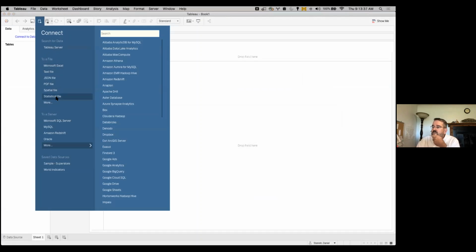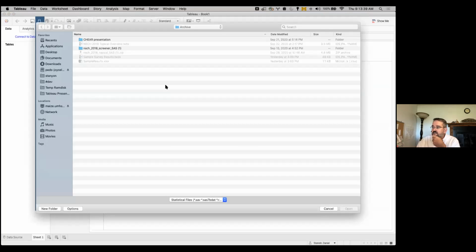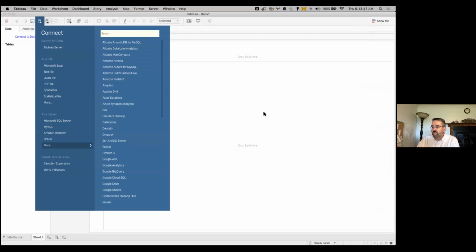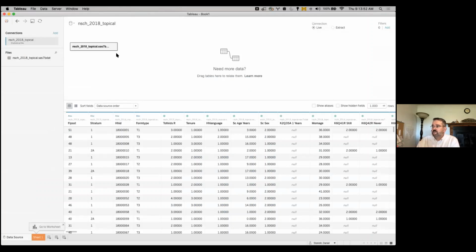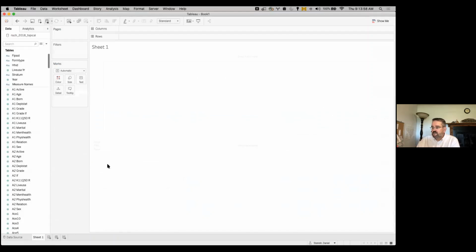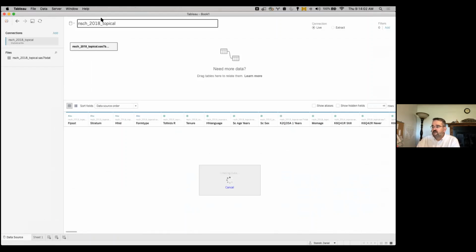I know that that file is a statistical file. So if I go to my downloads, I see that I'm able to select it and bring it into Tableau. So this is taking me into the data source view right now. It's showing me essentially the raw data. So this looks fine. So I'm going to bring this in, and in this mode, you're defining the data source, the data model of